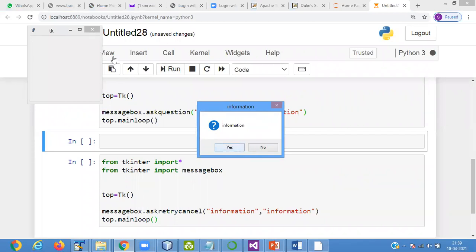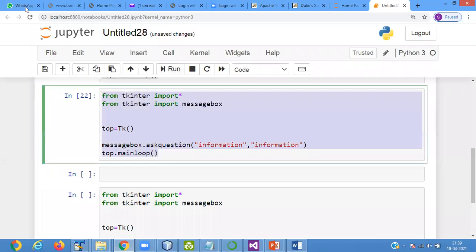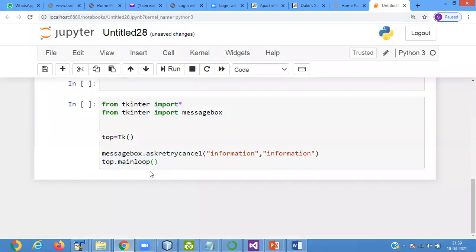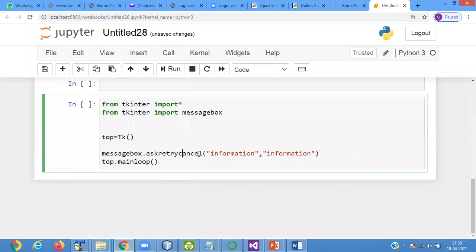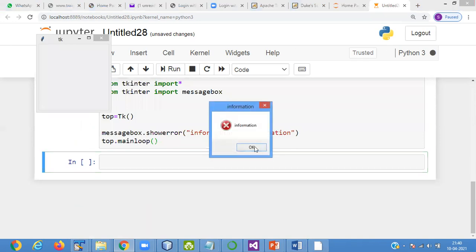Yes and no. The ask question function. Then another program, so error. It's showing you information box.